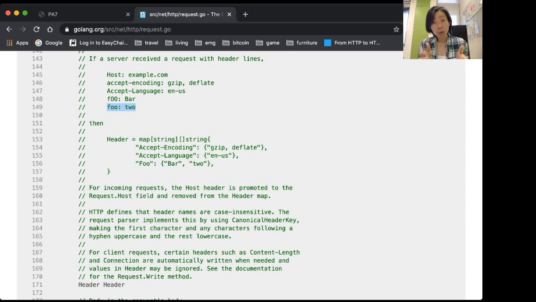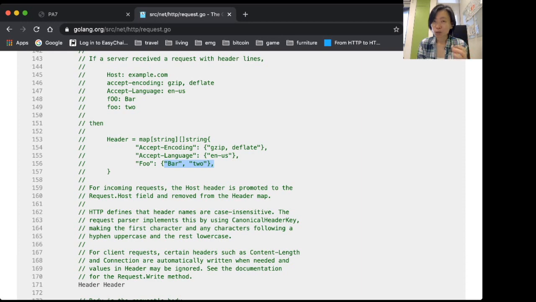Now, in Golang, HTTP request header names are not case sensitive. So F big O, F small o, they are actually classified into the same header name. So in the header field, it will be just one string, Foo, capital F, small oo, and then 2 values,